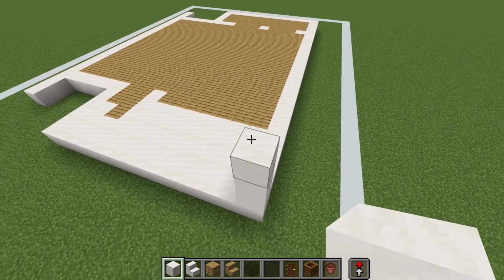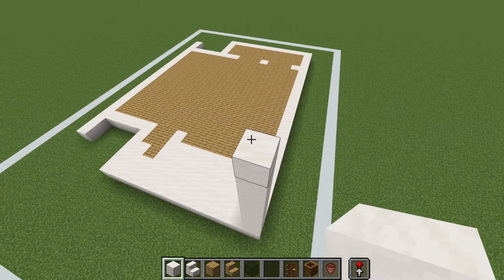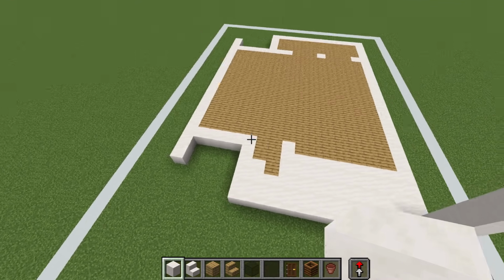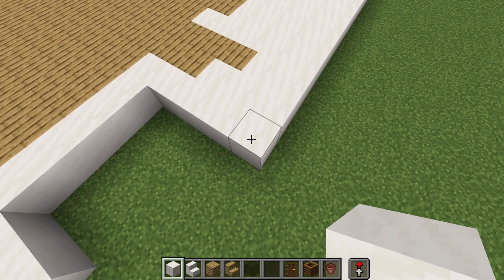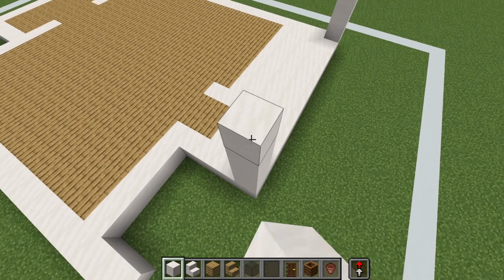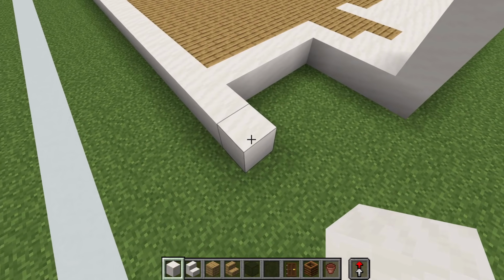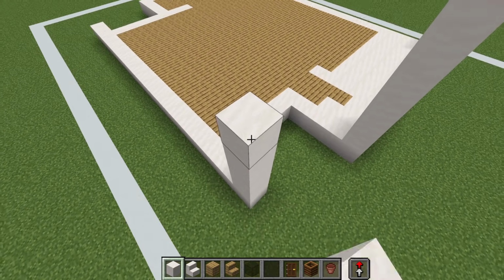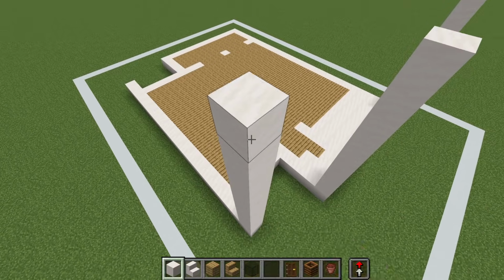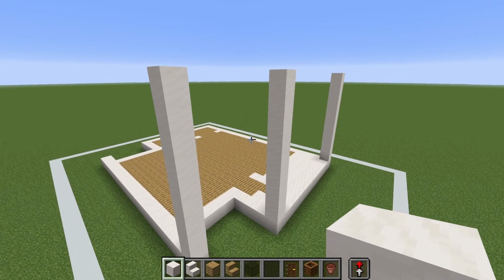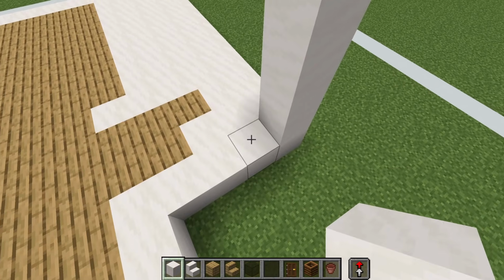1, 2, 3, 4, 5, 6, 7, 8, 9. And we want to do that over here as well. And here as well. Just like this. And we can extend this row here